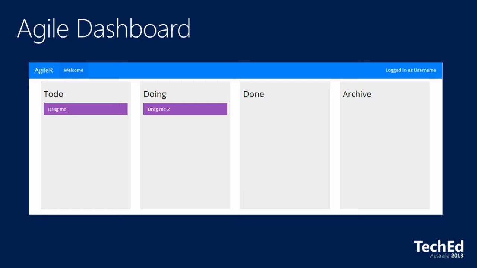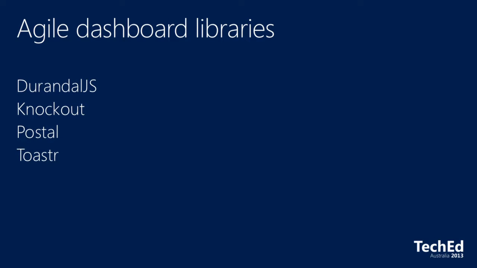So what I thought I'd do is add SignalR to my agile dashboard. I want to get people involved in my agile dashboard. It could be the next big thing, you never know. But I'm going to give you all the code, so it can be everybody's next big thing. So what am I using in my existing app?